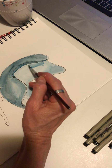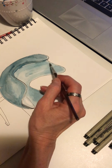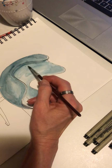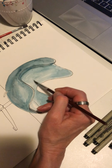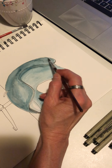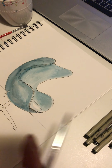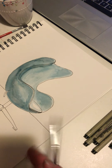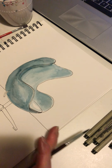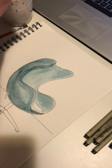If I want a little more color in here, I can add that. But did you see how I could actually soften that edge right there with just a little more water on the color? I can do that here. That's what I love about watercolor, is it is quite forgiving. But yet you still get the attributes of watercolor I love too, because you get some of that mottling and it's not perfect. So don't expect it to be perfect. I'm going to let that dry a little bit,